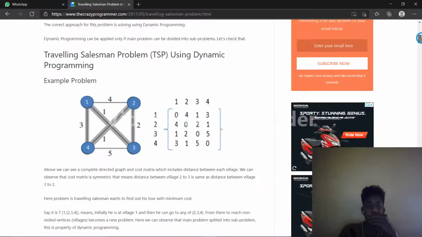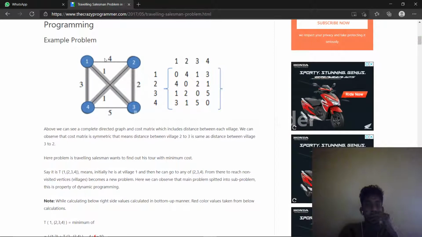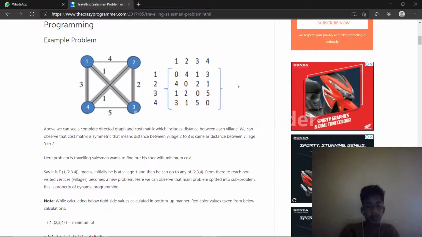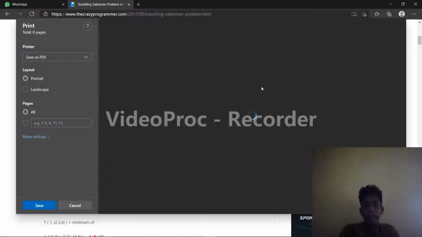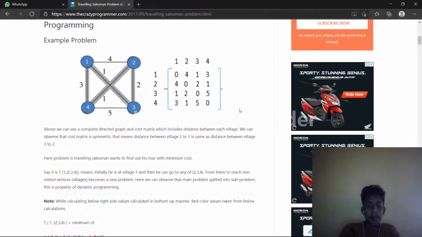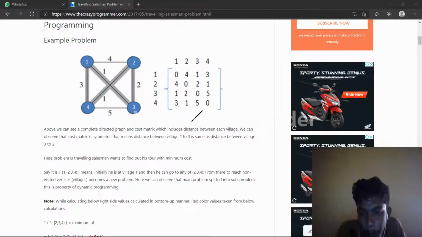This is an example program you see here. They have given the distance here. This is 1, 2, 3 and 4.